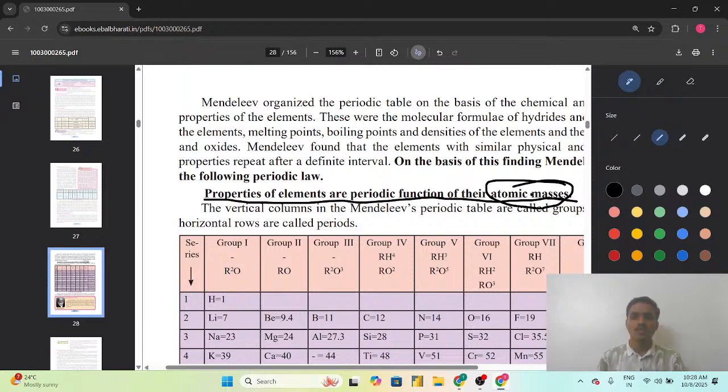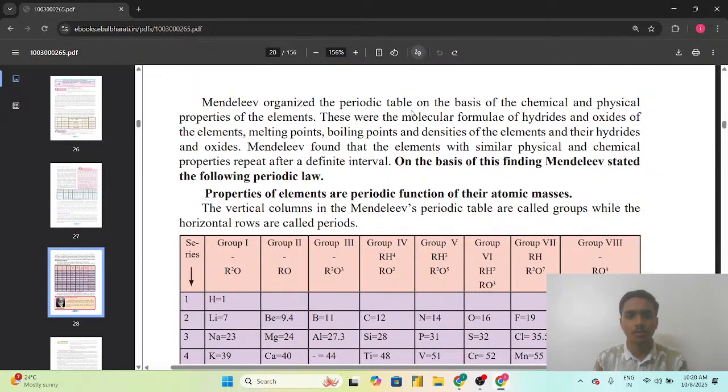As we have seen, atomic mass was considered the fundamental property by Mendeleev, and also by Dobereiner and Newlands. उन्होंने सबने एटॉमिक मास को एज अ फंडामेंटल प्रॉपर्टी लेकर एलिमेंट्स का क्लासिफिकेशन किया है। सो मेंडेलीव ने जब देखा कि एट द पर्टिकुलर इंटरवल एक जो फर्स्ट एलिमेंट है तो उसकी प्रॉपर्टीज रिपीट हो रही हैं, एंड ही देन प्रपोज दैट प्रॉपर्टीज ऑफ द एलिमेंट्स आर द पीरियोडिक फंक्शन ऑफ देयर एटॉमिक मासेस।